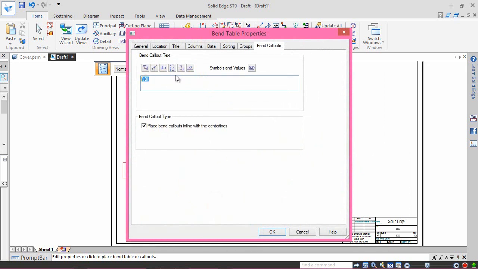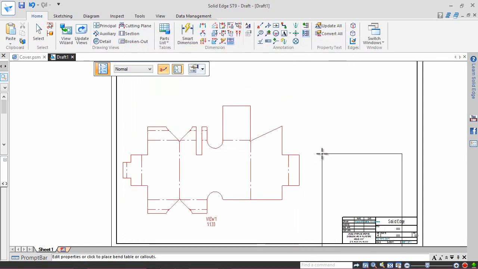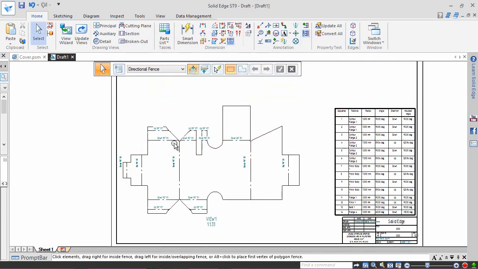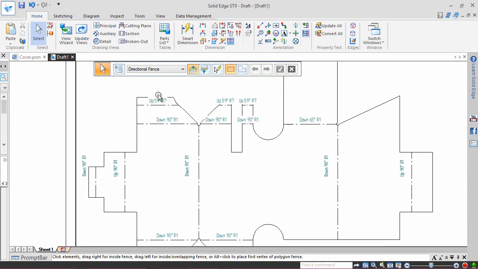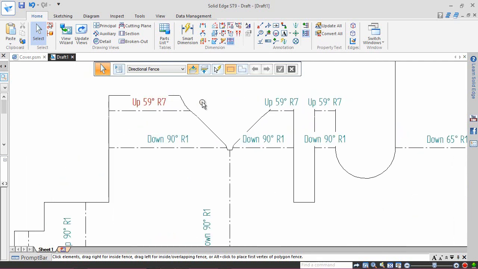In the Callout tab, click on the bend direction, bend angle, and then add a letter R. And then click Bend Radius button. Click OK to save all changes. You can see bend direction, bend angle, and the bend radius with R letter on the sheet is showing here now.